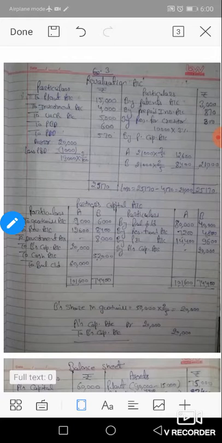Okay. Now come to the other information. B retired on 1st April 2016. The terms were: number 1, goodwill is valued at rupees 50,000. This is the new value of goodwill, rupees 50,000. But we also have an amount of goodwill in our balance sheet. In our balance sheet, the first amount is goodwill, 15,000.